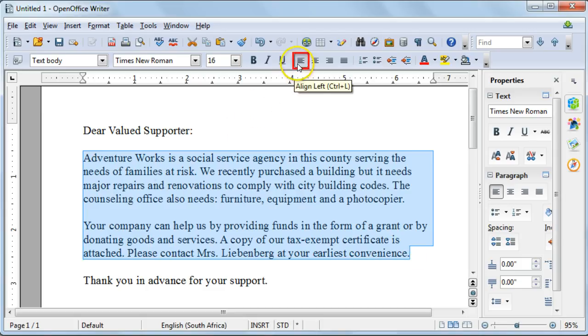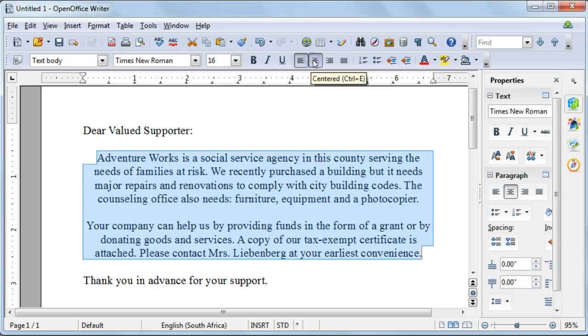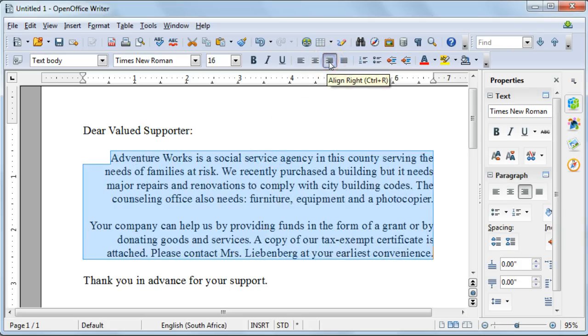Firstly, there's left align. And you will see that everything is aligned to the left on your screen. Then there's the center option, so let's select center. And you'll see that everything is centered on your screen now. The third option is to right align your text, and you'll notice that everything is now aligned to the right